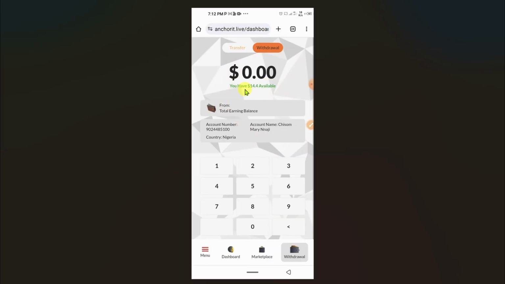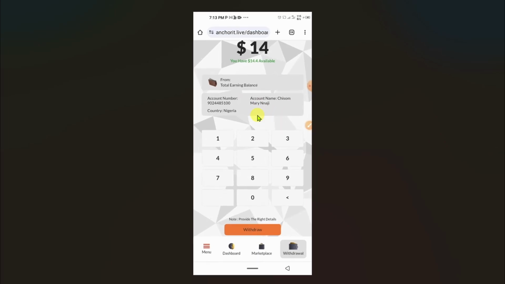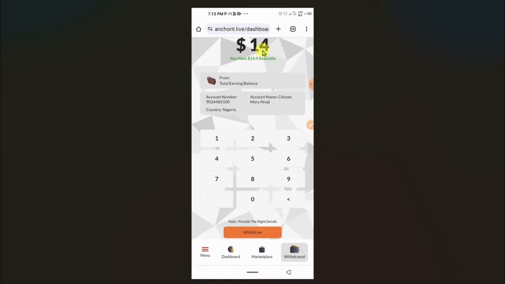From here you can see your all available earning, your bank account and all the things. So from here simply enter the amount you want to withdraw in this input box, and then you can simply click on this withdraw button. And once you do that, your withdrawal request will be submitted and you will get your money. So that is how you can withdraw ACH cash